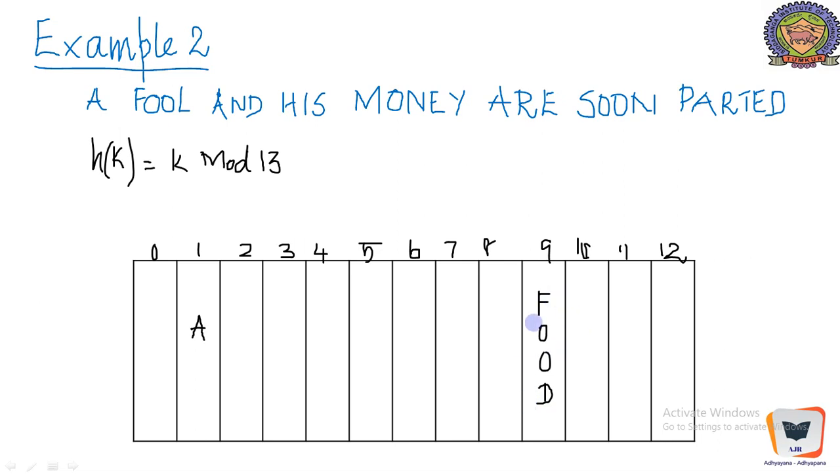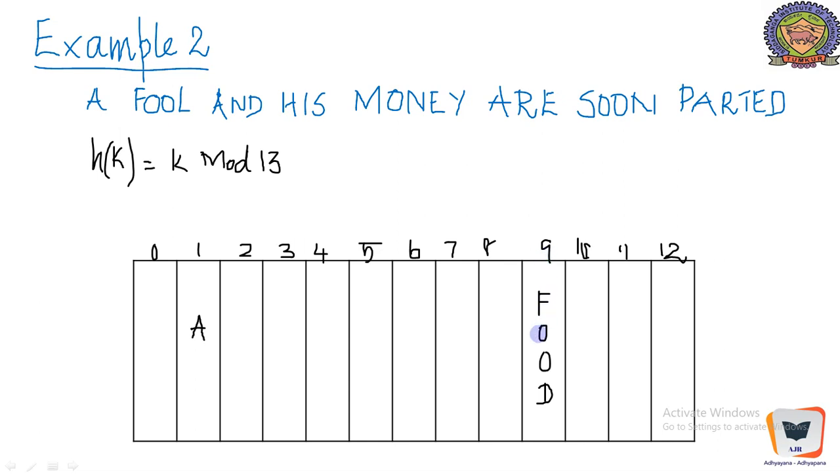Ordinal value of f, ordinal value of o and d. For example, ordinal value of f is 6, and o is 15, so 6 plus 15 plus 15 plus 4. You can add that and divide by 13 and take the modulo, that's the modulo operation, modulo division, it will get us 9.